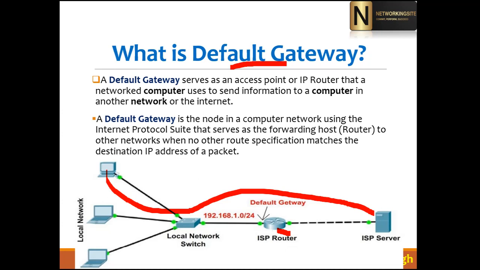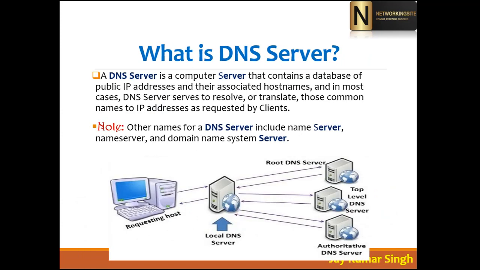Like here I belong to the 192.168.1.0 network, but do you think that if I'm going to Google, the IP is also the same? Yahoo IP is the same, YouTube IP is the same? No, it's different, but we are communicating, right? So who is helping? Your default router is helping for communicating with the outside world. And DNS is also helping you to communicate, because your default router is only forwarding your packet from source to destination, but your DNS is helping you to redirect your packet to the correct destination.